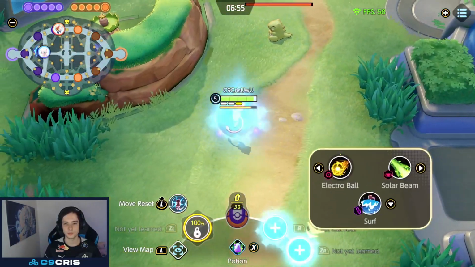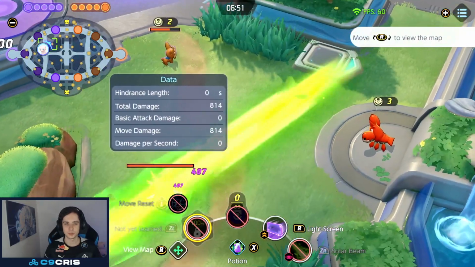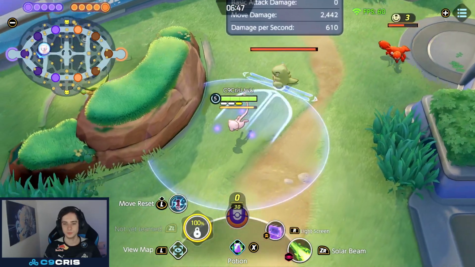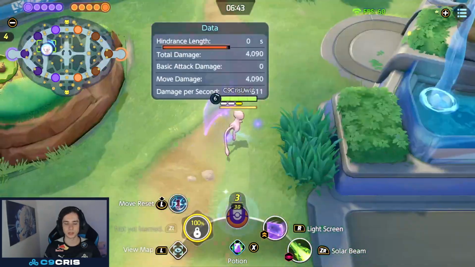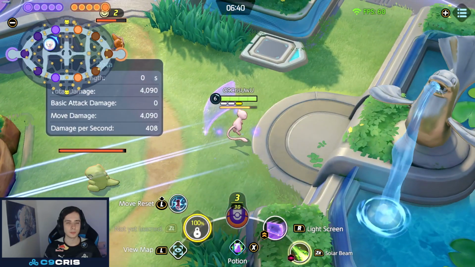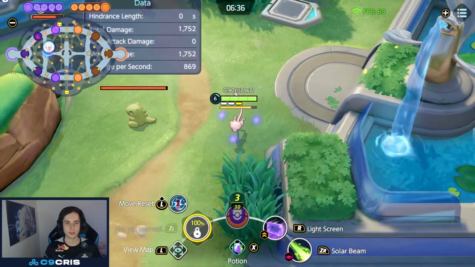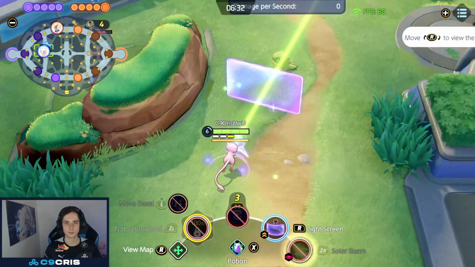And then for the last one, we have Solar Beam. Similar to Venusaur, a huge beam that does damage over a certain amount of ticks. And again, Light Screen increases the damage. As an example right now, I'm level 6. My Solar Beam right now without Light Screen does 1700 damage. And then with Light Screen, it does